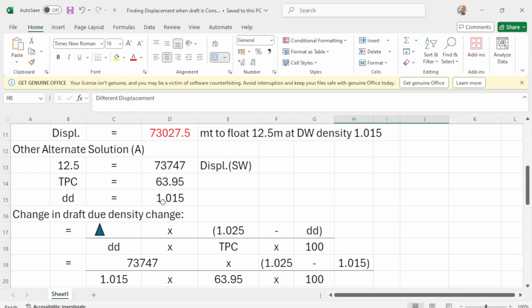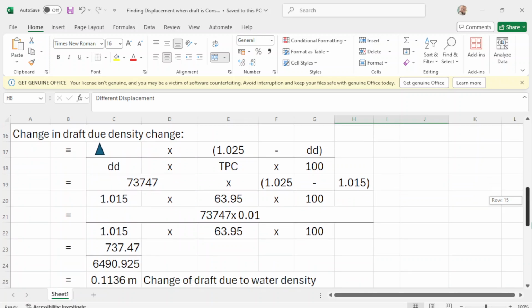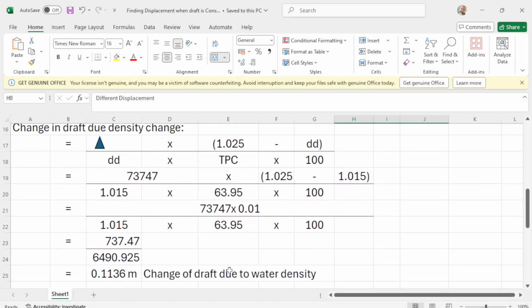Displacement is 73747 times the salt water density minus the local density 1.015, over the density of 1.015 times the TPC of 63.95 times 100, and the resultant would be 0.1136.